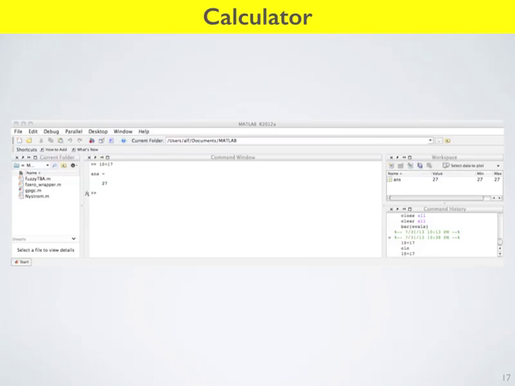Okay, and so you can follow along and do some stuff. This is super elementary. If you've never seen it before, I advise you to do this. And so you can use it as a calculator. And so 10 plus 17 should equal 27. And so MATLAB got that right, which is encouraging. So you can do simple things like that.